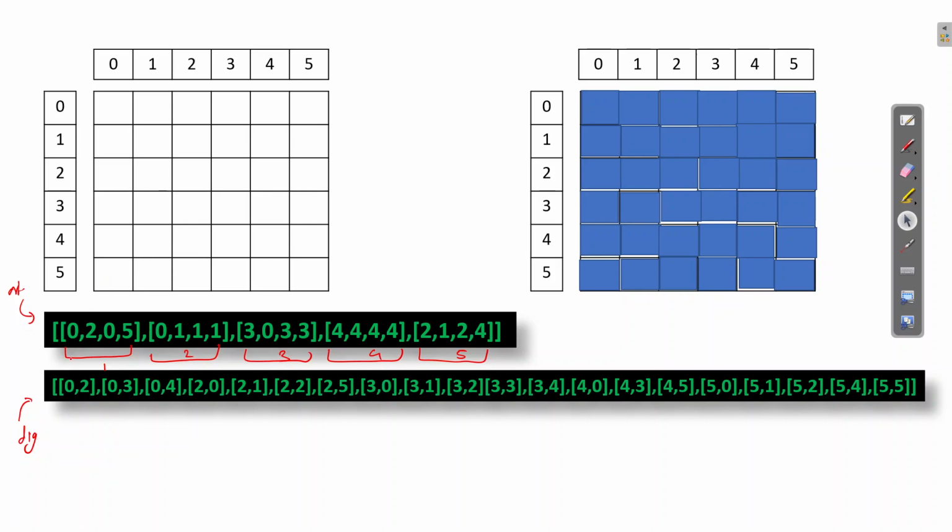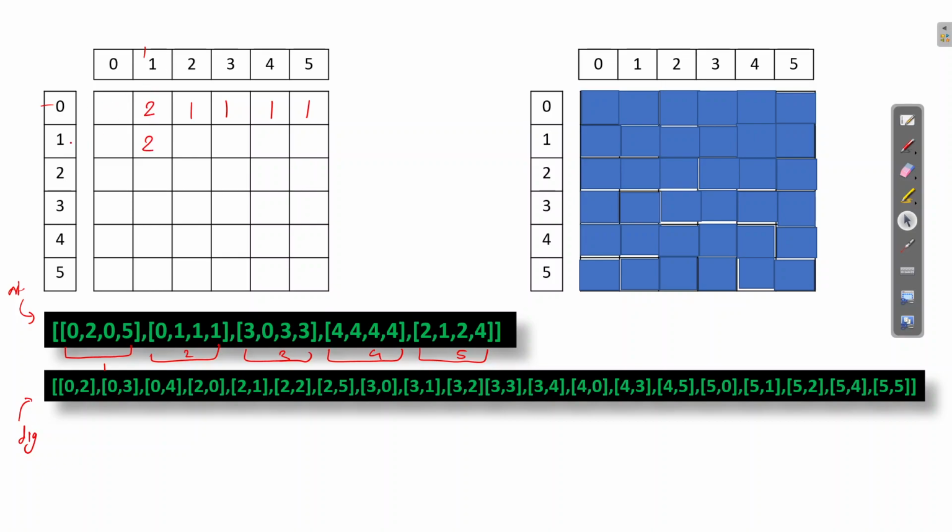You see artifact number 1 spreads from 0 2 up till 0 5. It means from 0 2 up till 0 5, the first artifact is there. Now from 0 1 till 1 1, you have the second artifact.